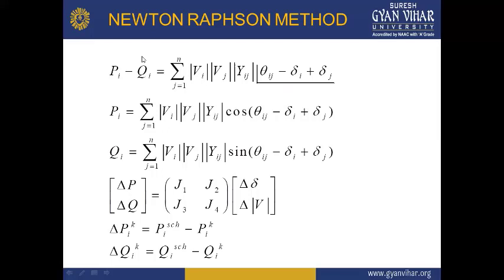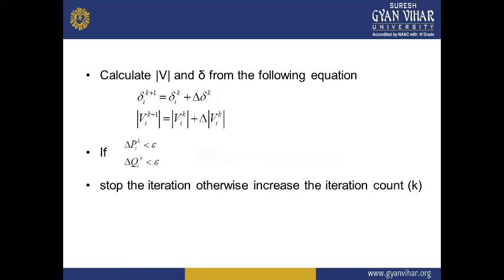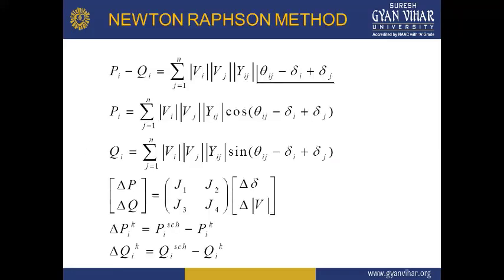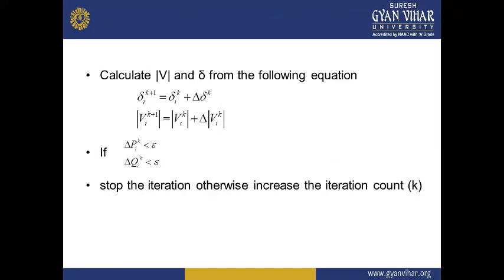For example, we have knowledge of the real and reactive power at the ith bus by this given formula. Once we know this formula, we will be able to create the Jacobian matrices J1, J2, J3, J4, if we have 4 parameters. If it is more, then we have to create more. Once we have calculated these differential real and reactive powers,